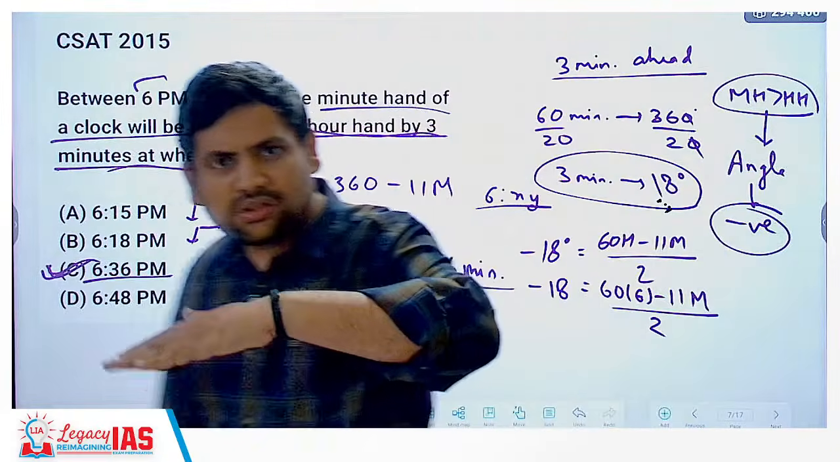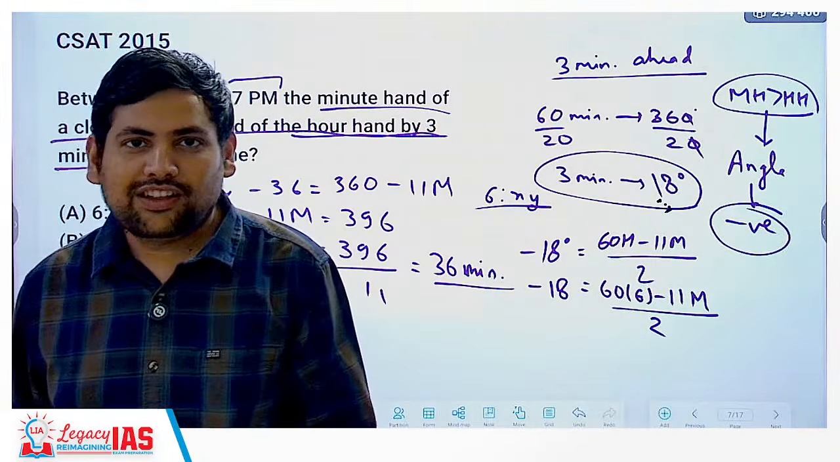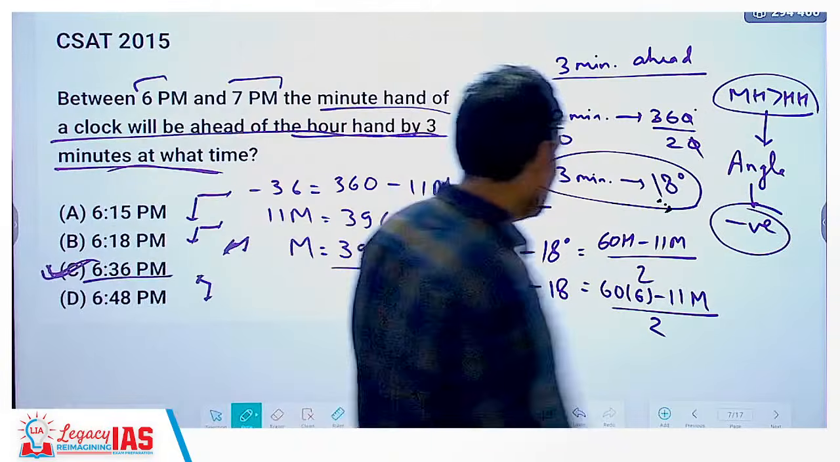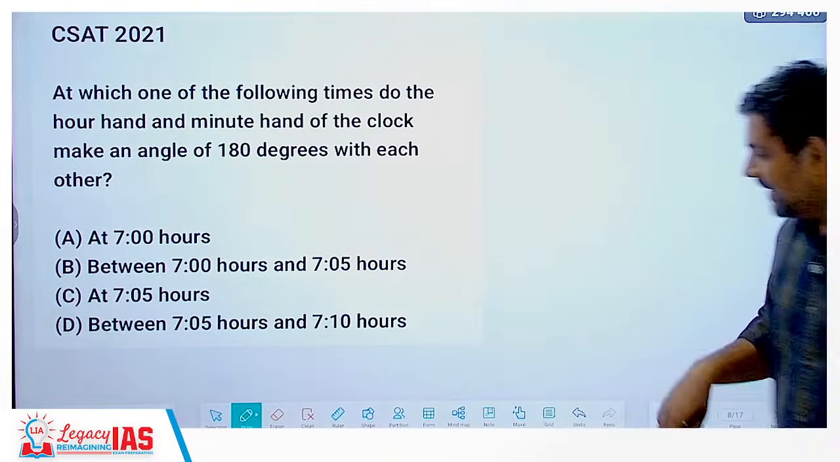From 8 to 2, it is very clearly 180 degrees. And that is why this is also a topic of reasoning. Anyway, then next,